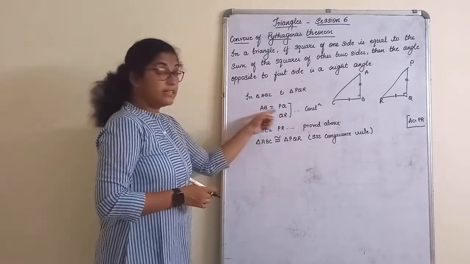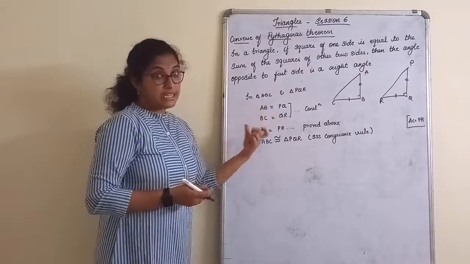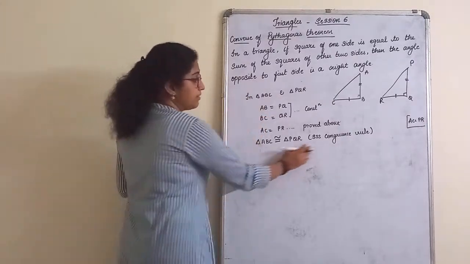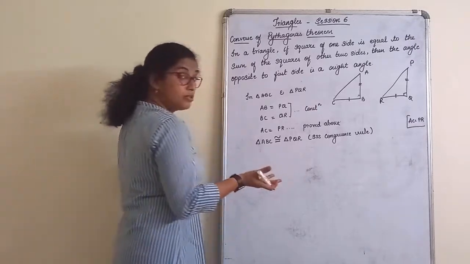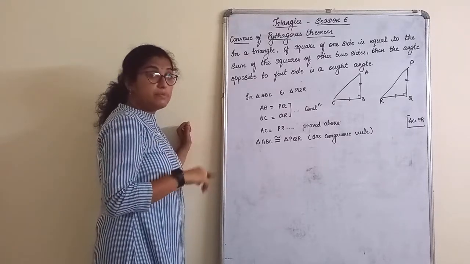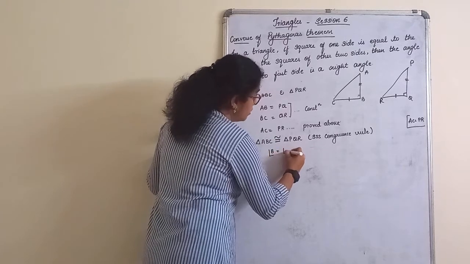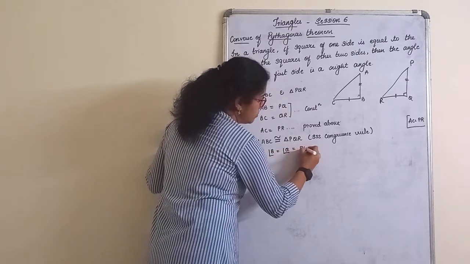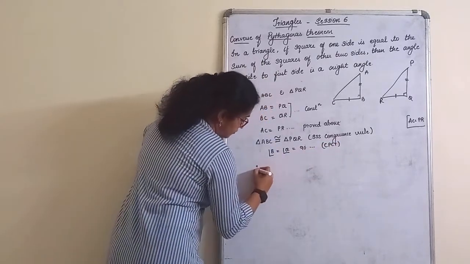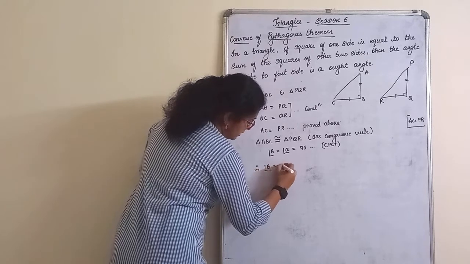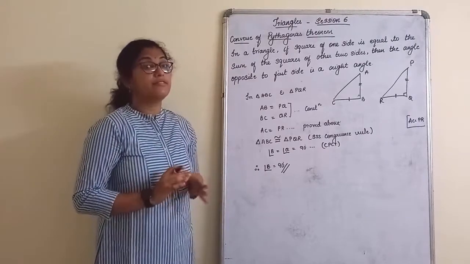So similarity we write like this, congruency we write differently, not proportional sides. These are equal sides, they are not proportional sides. They are equal and congruent by triple S congruence rule. So since the triangles are congruent, whenever the triangles are congruent, the CPCT angles are equal. So here I can say angle B is equal to angle Q, that is equal to 90 degrees. Reason? CPCT. Therefore, angle B is equal to 90 degrees. Therefore, triangle ABC contains a right angle.